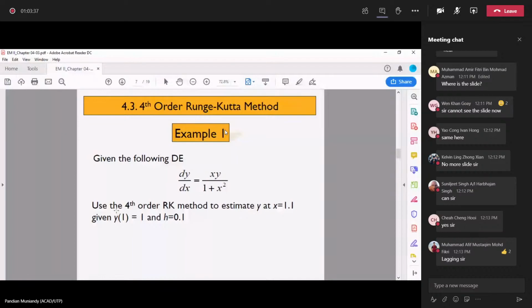The answer is y equals the integral of 1 plus x squared, x squared, sorry, I'm writing now, divided by 2. But the whole thing